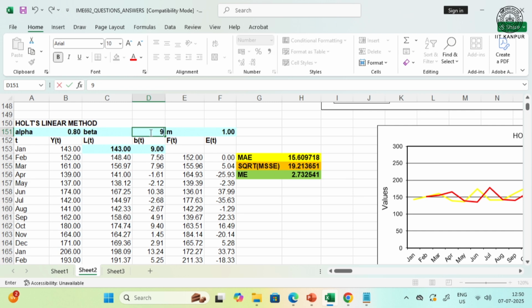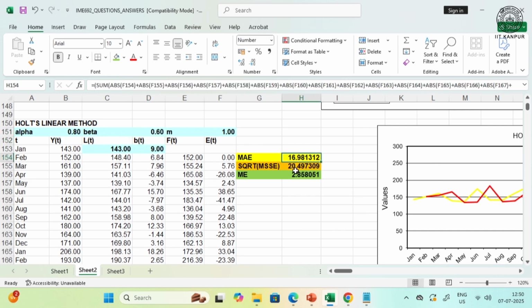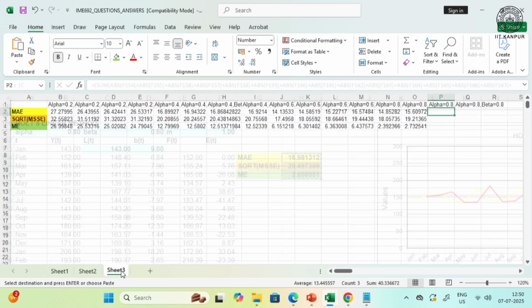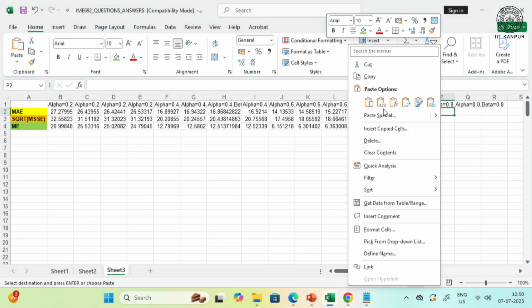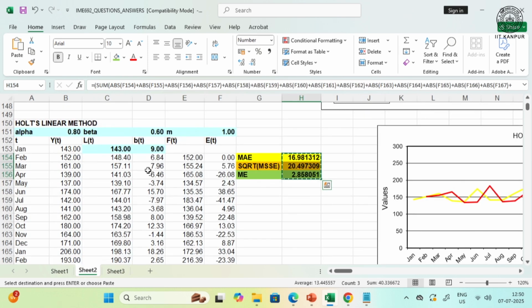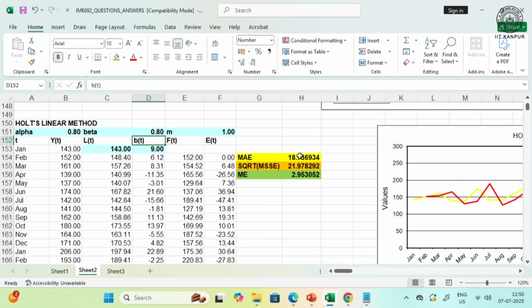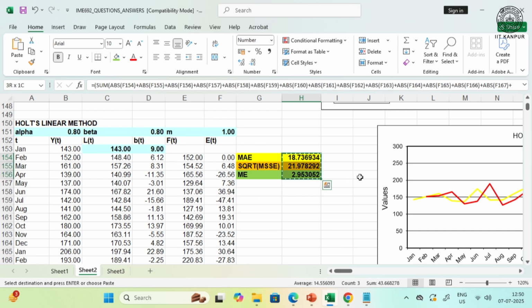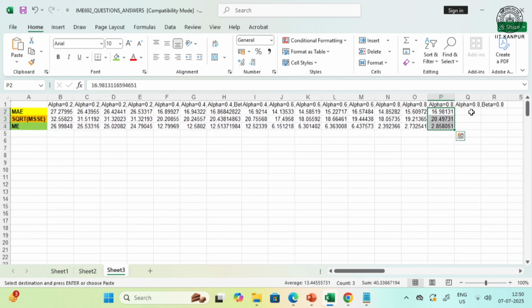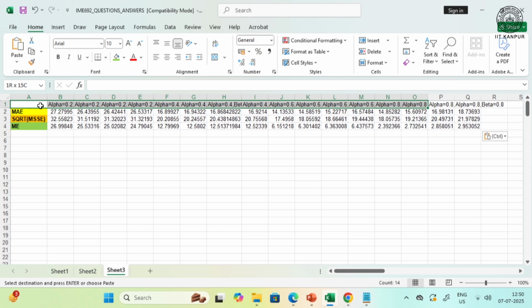Then beta 0.6, copied, pasted. Finally, for 0.8 alpha, 0.8 beta, values copied, pasted. Now, if I want to plot all the values,